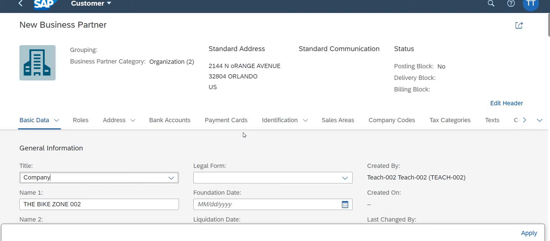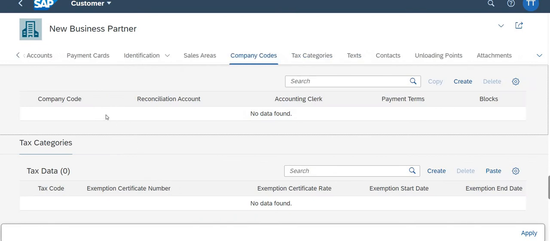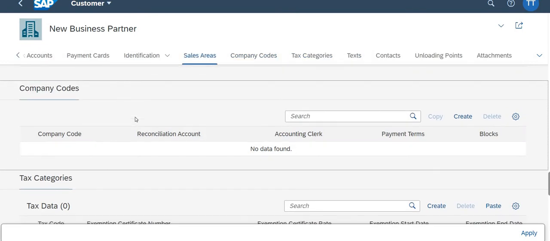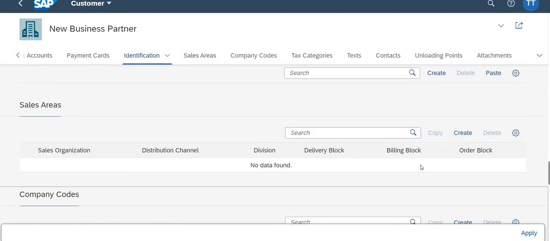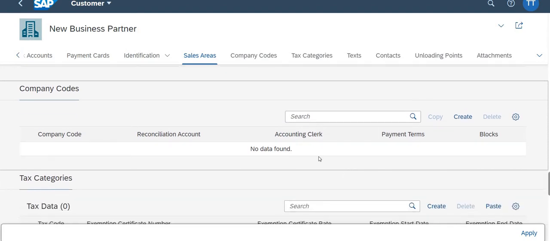you have to click on company codes tab. Company codes tab, and here you can see company codes tab. See here, this is the company codes tab. By the way, why I am telling you, because now they are saying you have to click on create. Create is here, create is here, and create is, if you go up, create is here. There are so many create. Make sure you are here in the company codes. So we'll click here, create,